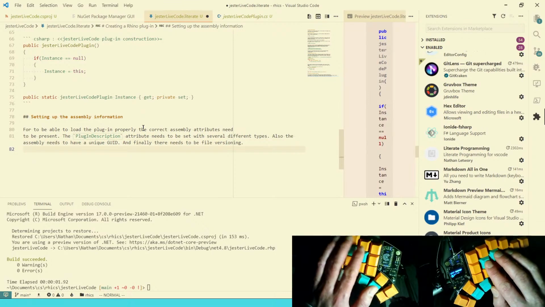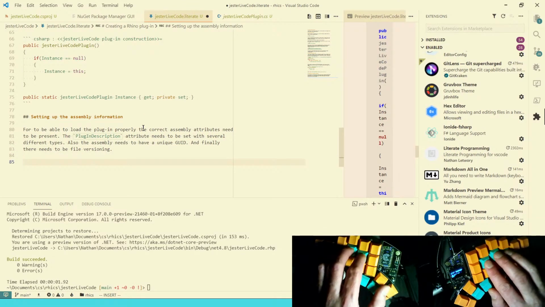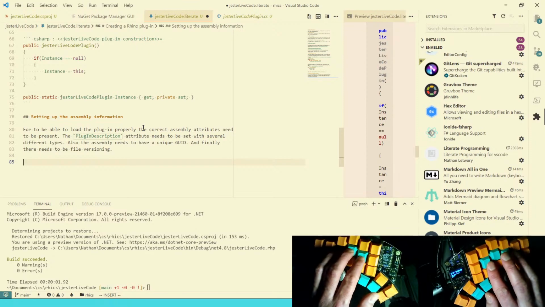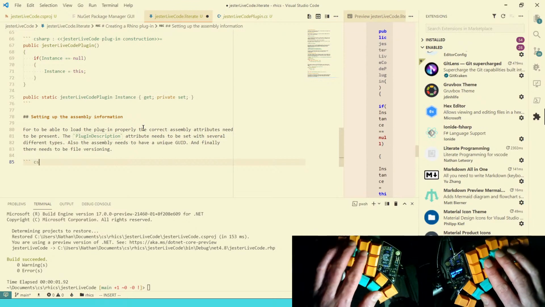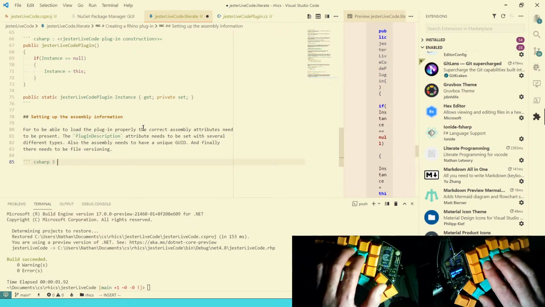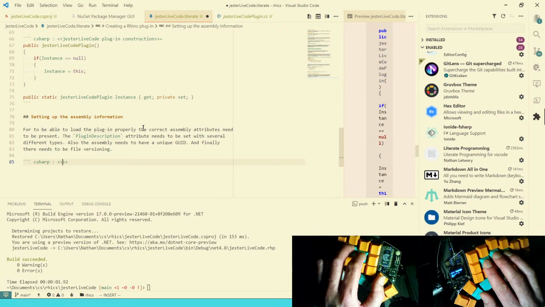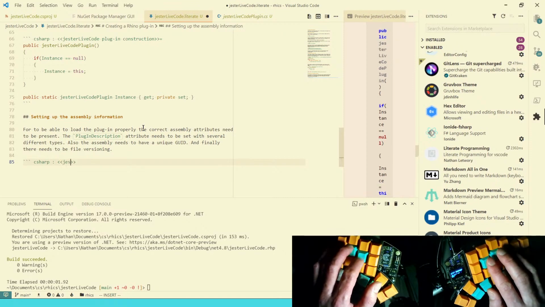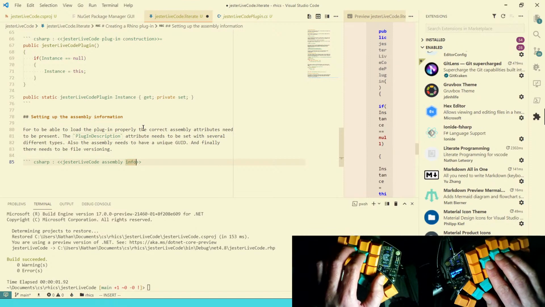So let's first wrap that text a bit nicer, like so, and then we are going to create a new file. Oh wait, like so, C#, and then again a new tag name, or fragment name I should say. So Yester live code assembly info, and since this is going to be a new file as well,